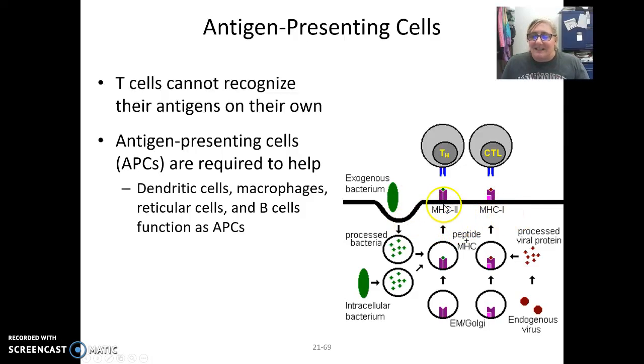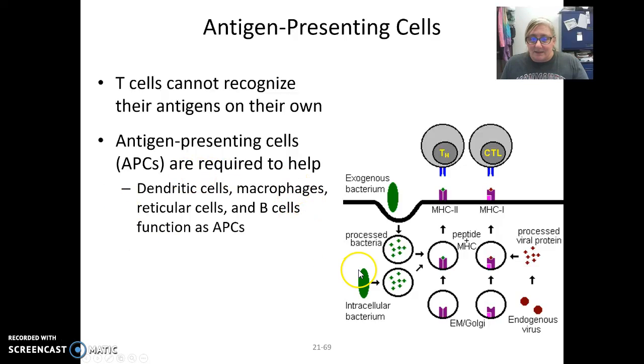And then we have these things called antigen-presenting cells, which have another MHC protein called MHC class 2. So if you're an antigen-presenting cell, you have both class 1 and class 2. MHC class 2 are found only in phagocytic cells. And we only have three types of cells that we typically talk about. We talk about dendritic cells, macrophages, and B lymphocytes